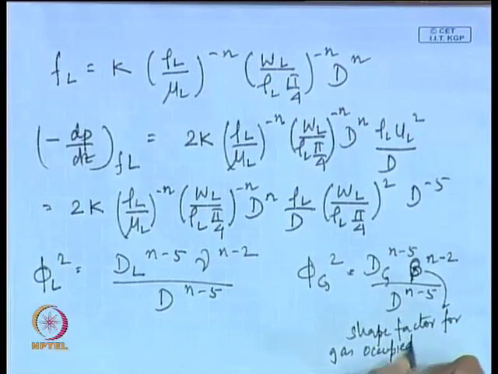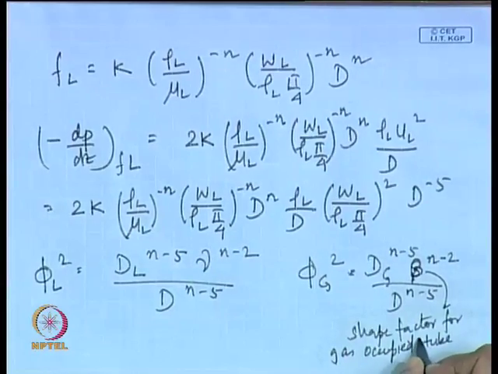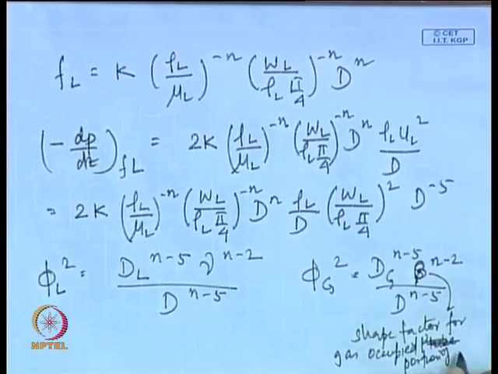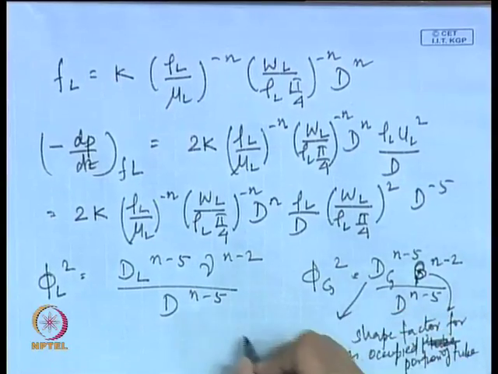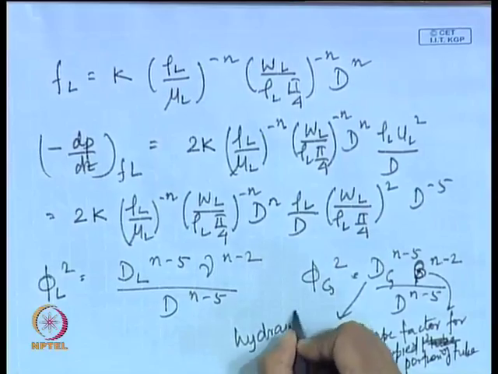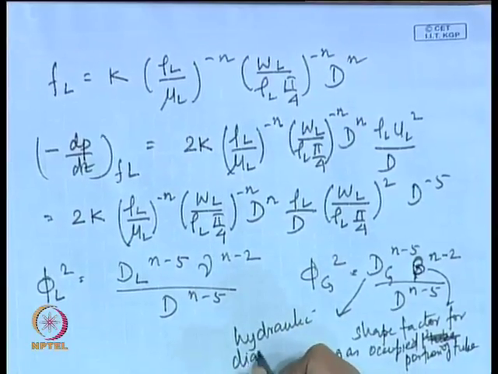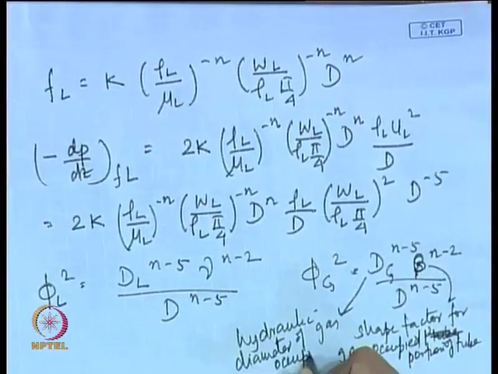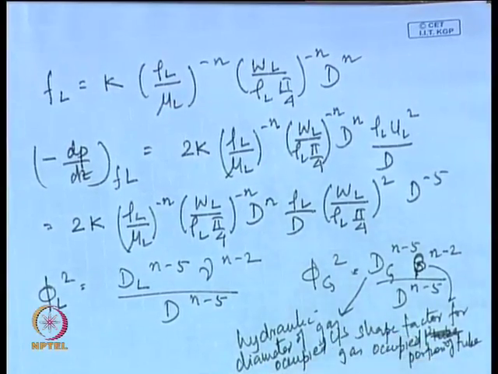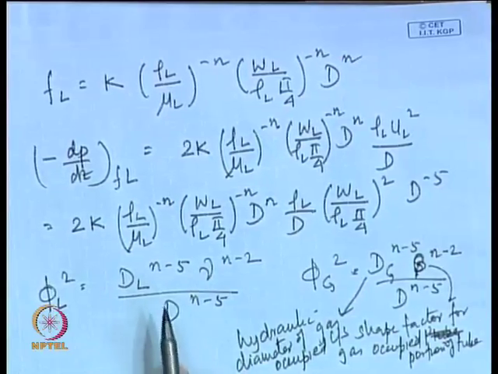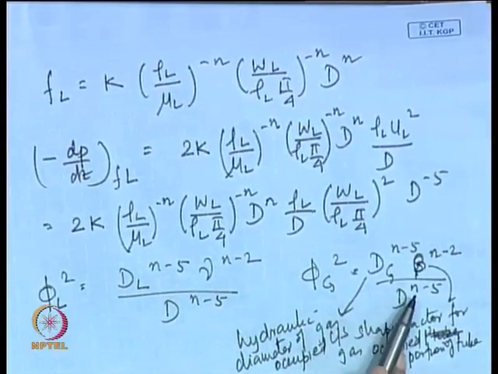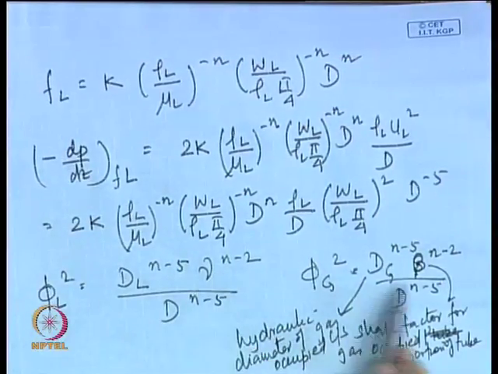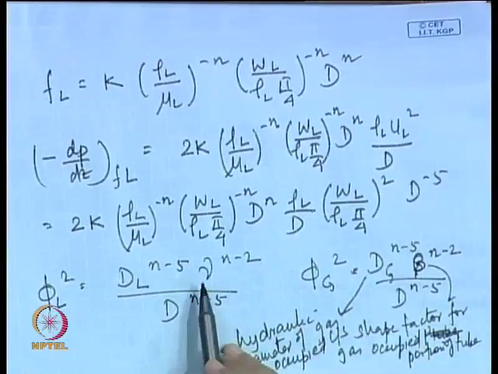tube, gas occupied portion of tube, and dg is the hydraulic diameter of the gas occupied cross section or gas occupied portion. Fine. So, in the same way we can get phi L square and we can get phi g square. Now, usually we can take these two as equal, or else we can assume that more or less,